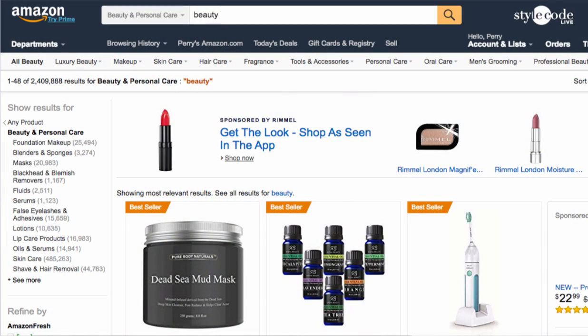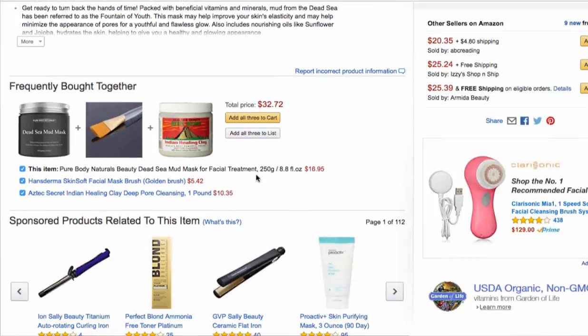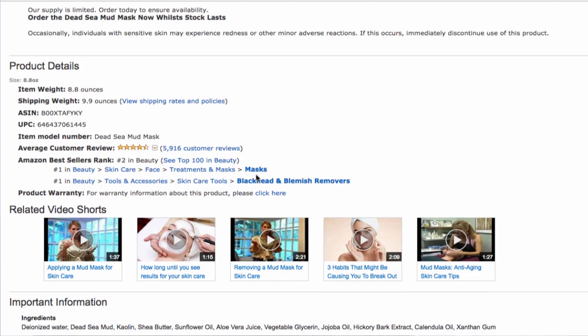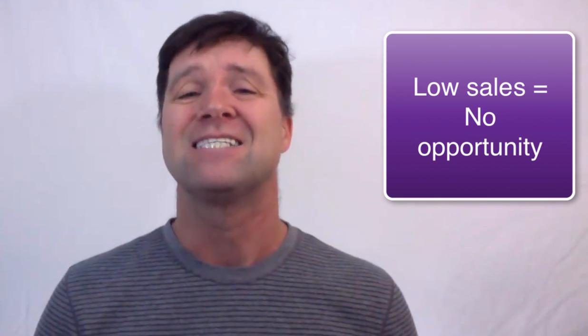So a great way to figure out if your idea is any good is to first search the market for similar products. A great place to look through products is on Amazon.com, where they have a beauty section. The great part about this source is that they even tell you how well a product is selling. If you find something similar to your product and it sells a lot, then that's good news. But if you find something that doesn't sell much, well, then that makes the idea a